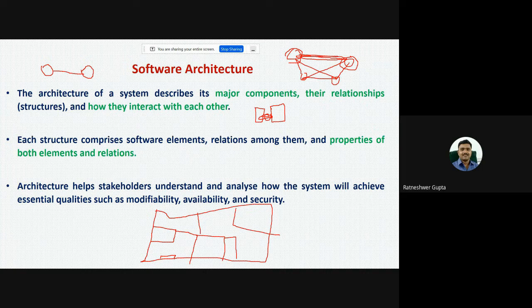Now the question is whether the architecture is secure or not. You have developed a house with some components and their relationships: the gate, the bedroom, the kitchen, the bathroom, the dining room and drawing room. All are fitted here. But if you ask whether this particular architecture is secure or not, you have to check it according to the security parameters.